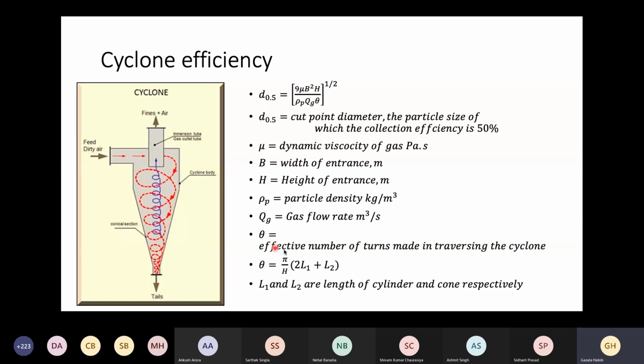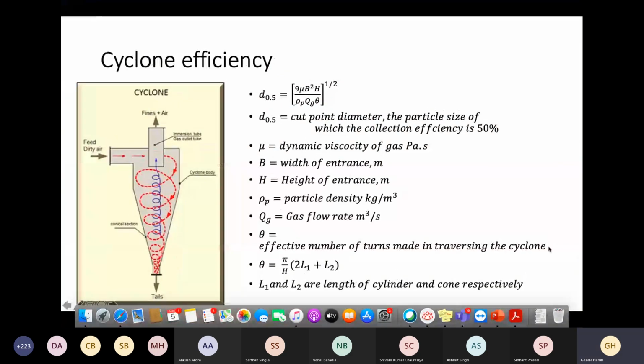That can be given by pi by h into 2L1 plus L2. So L1, L2, all I have explained, right? Is the length of the cylinder, and